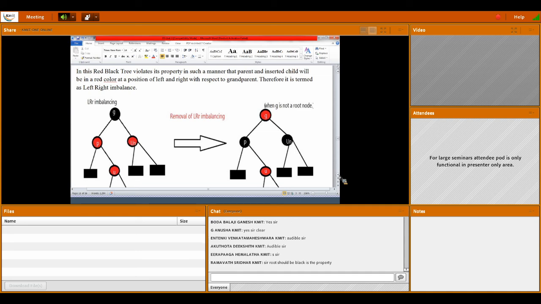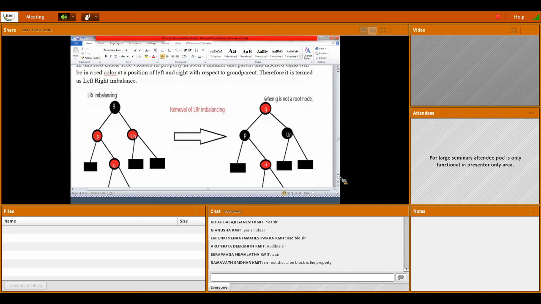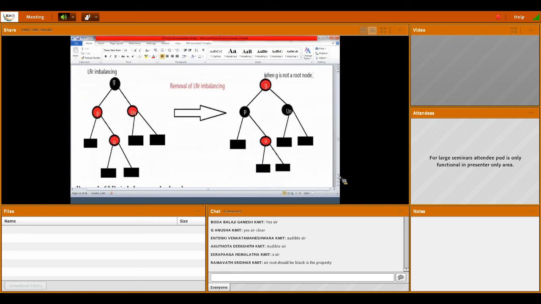So for this what to do? The first scenario, left right, because you inserted on the right side of the left parent. The left parent means the parent is on the left side of the grandparent. So P is the left side of the G and the new node is the right side of the P. That's why it is called LR. Based on that position, for example, if you inserted U on the left side of the P, then it is LL.